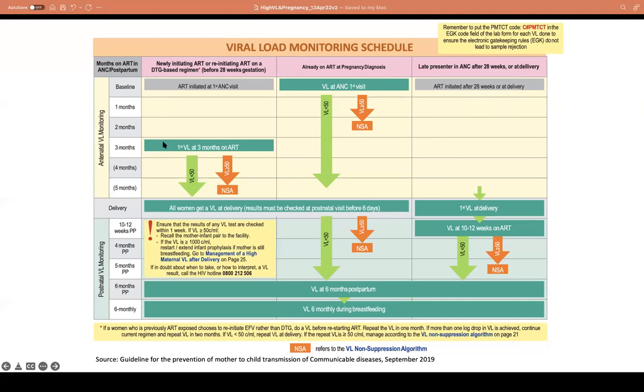In 3 months' time, you do your viral load. If it is suppressed, we repeat it again at delivery. If it is high, you follow the algorithm for women who present with high viral loads in pregnancy who are on ART. If she's already on ARVs at the time when she falls pregnant, during the pregnancy diagnosis, we have